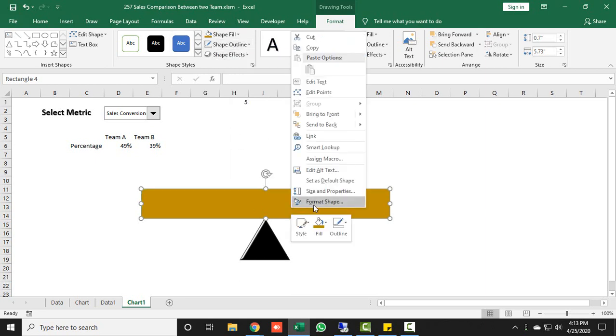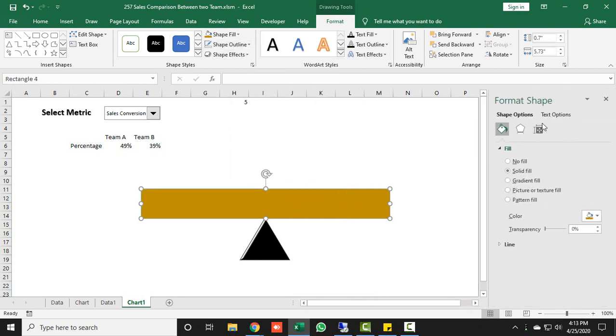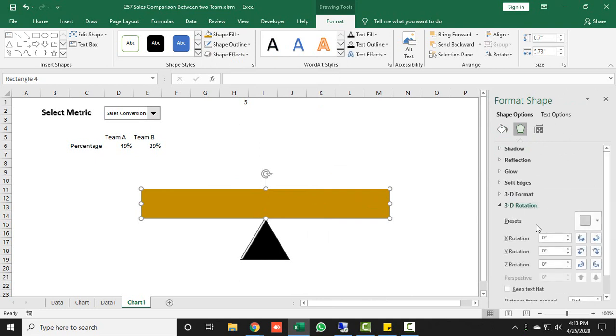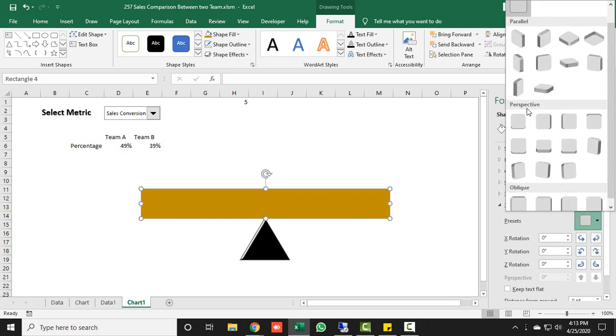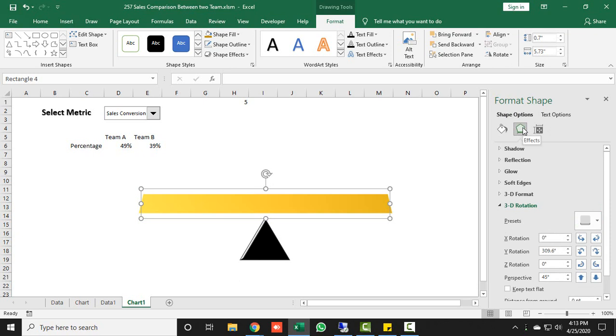Then right click on the rectangle, go to format shape, and here I will go to effects and expand 3D rotation. In 3D rotation I will go to preset and take the preset from perspective, which is perspective relaxed, so it would look like this one.